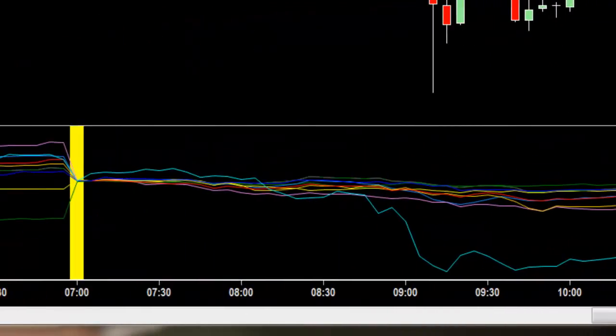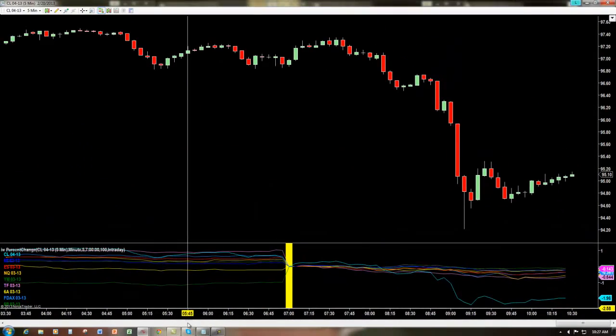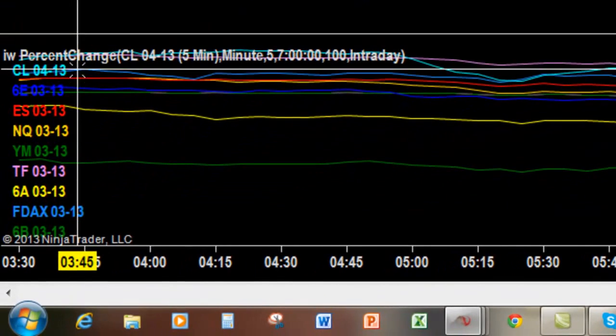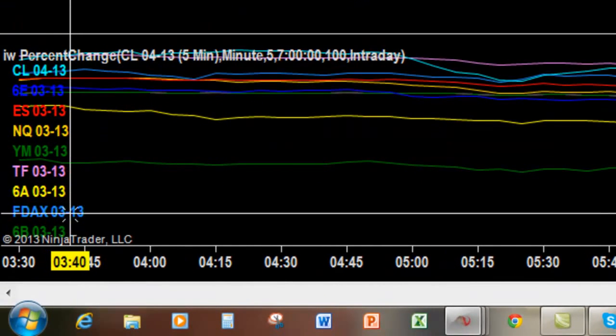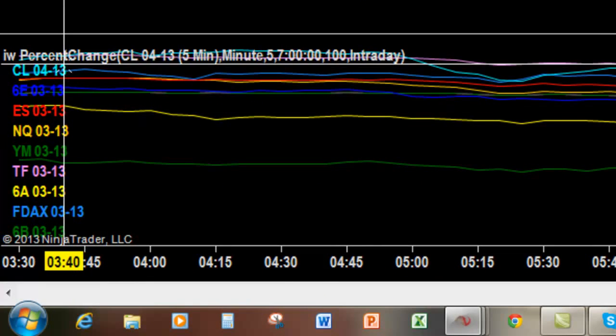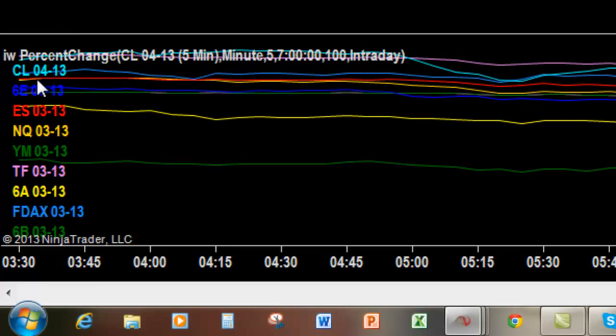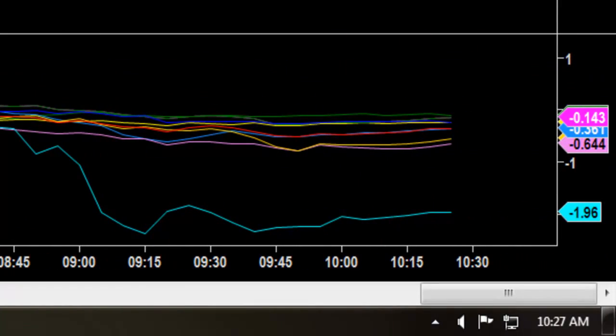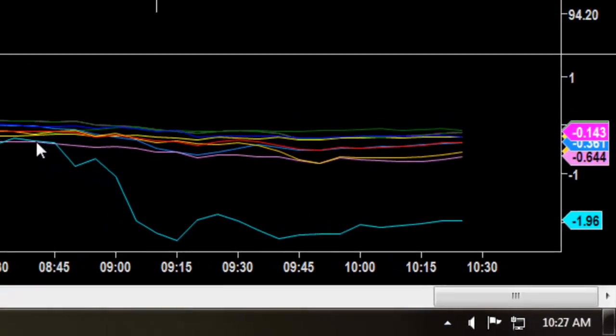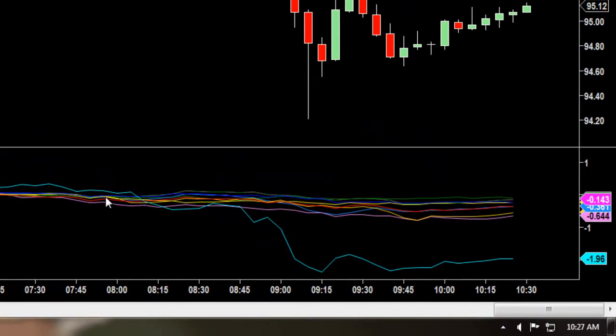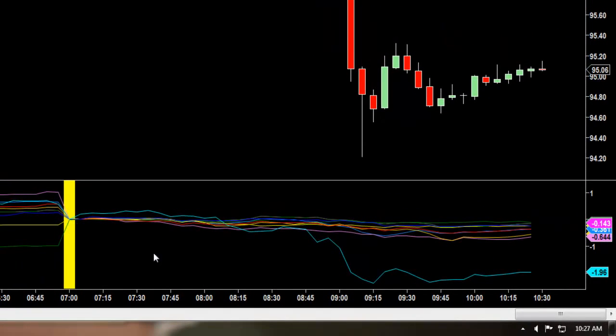All right, let's spread this out and take a look. Over here on the left-hand side, you're going to see a list of your instruments and the colors that each line represents. Let's take a look at the CL. That's the cyan colored line, which is right here. It's no wonder this is one of my favorite instruments because as you can see, it is clearly outperforming everything else at a much higher rate. In this case, the CL has dropped since 7 a.m. this morning